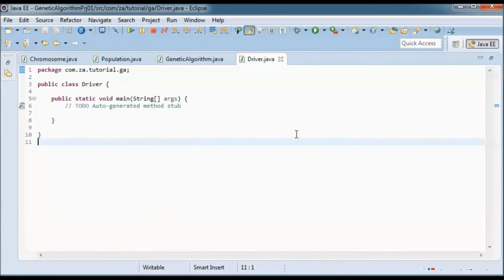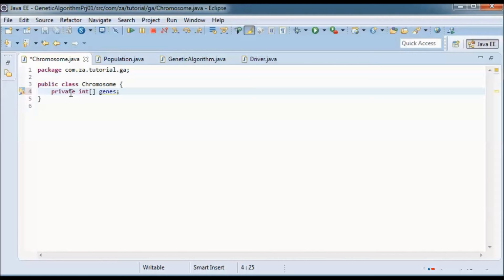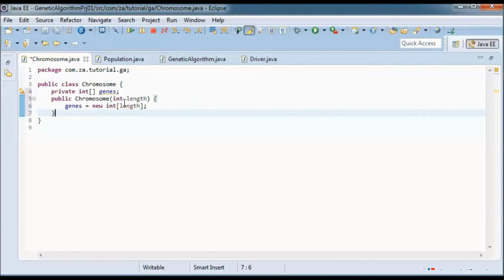Next, let's go to the chromosome class. Here, a position in this chromosome will be called a gene. So we'll have an int array representing those genes, and you will have a constructor that takes in a length and instantiates that array given the length.